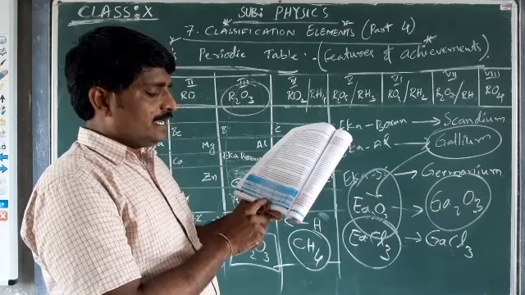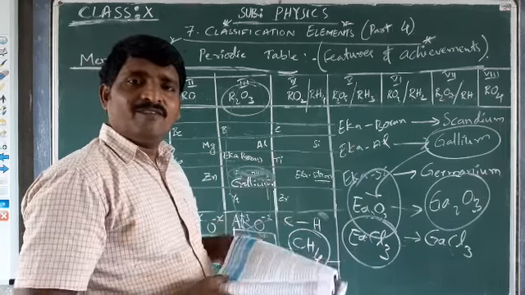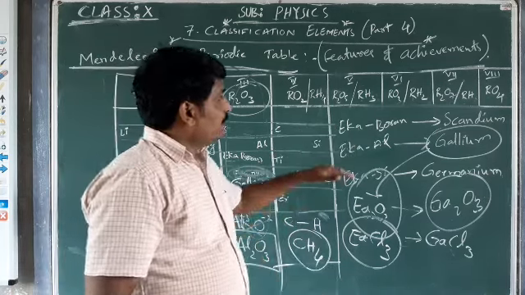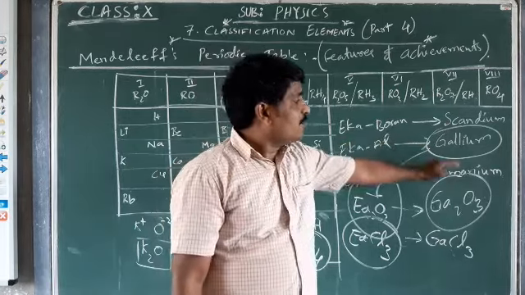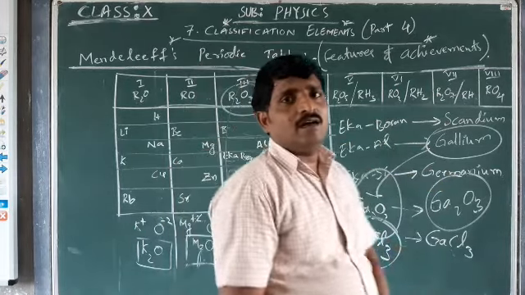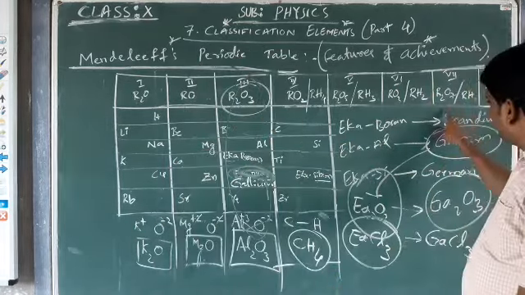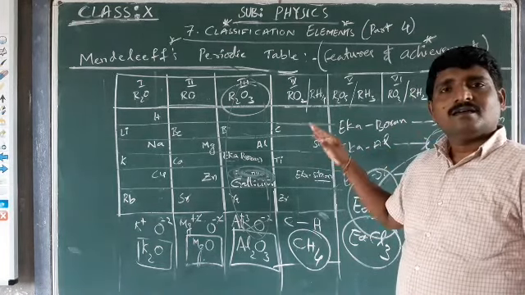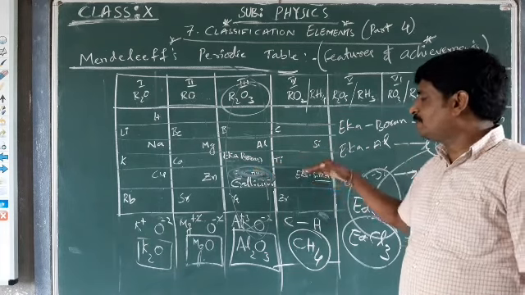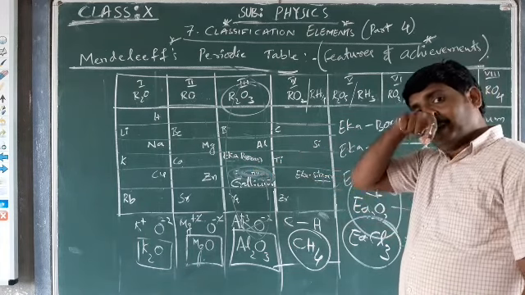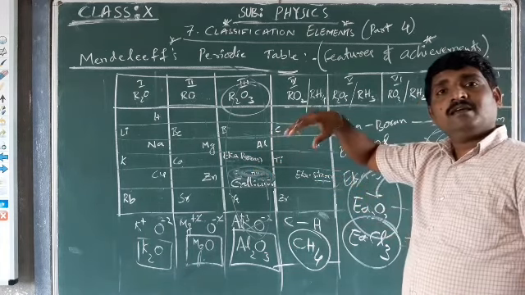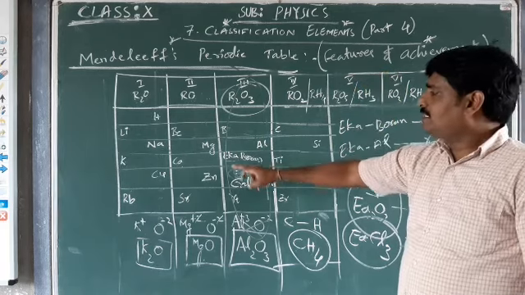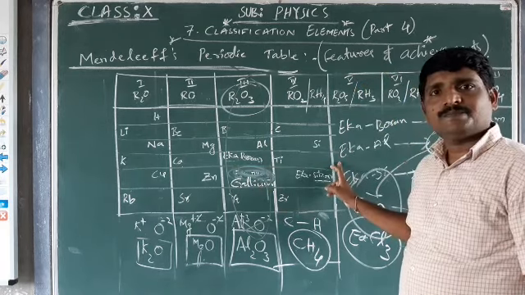Chlorides: EsCl4, GeCl4 has been formed. Okay. These were the predicted elements, and these were the elements which were discovered. Before discovery only, Mendeleev left some space in his table arrangement, predicting that some elements are going to be discovered later which will occupy these places. Fine.